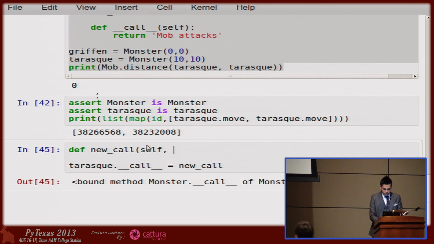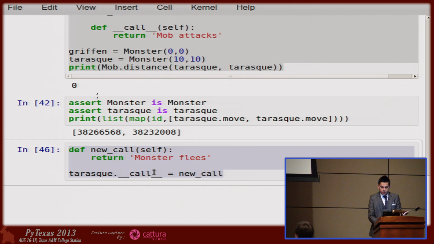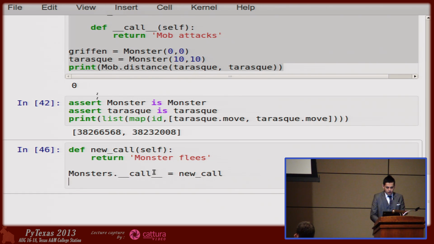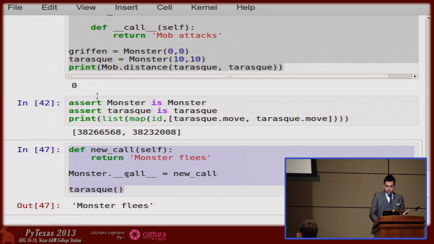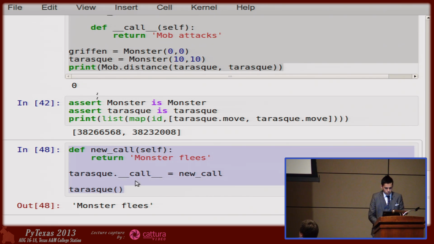So new self. I can't do this assignment. I cannot assign an underscore method on an instance. I can only assign an underscore method on a class. And the reason for this, so if I do this and then I do Terask, the reason for this is new style classes. So let's see, new call,